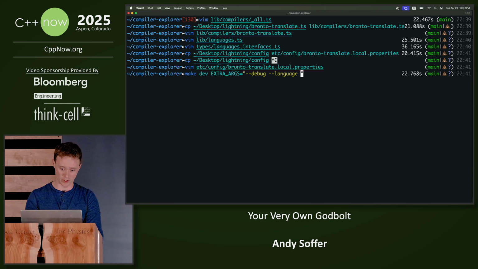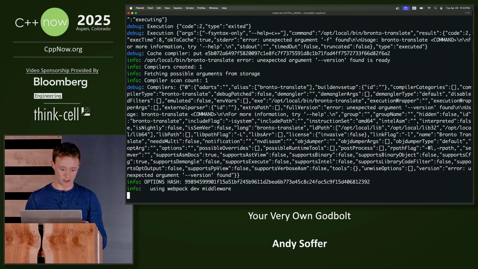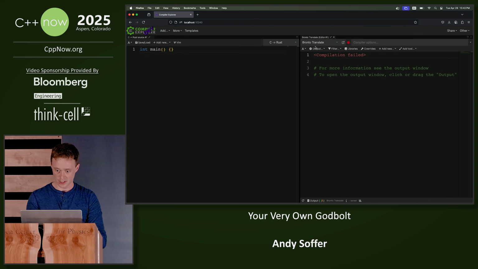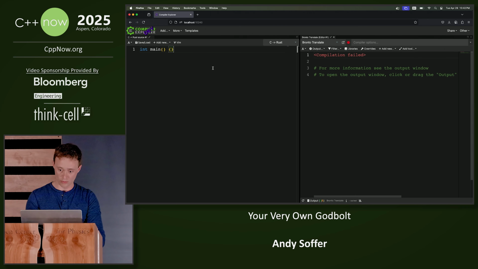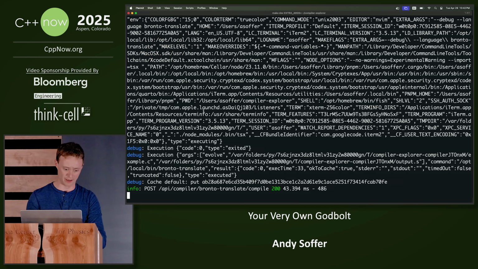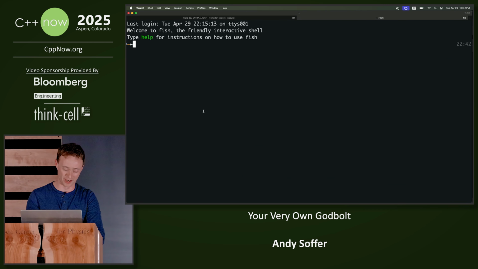Moment of truth. We're going to have the language not be CPP, but Bronto Translate. And it's running. So we go back here. I'll refresh. And now we have Bronto Translate here, right? So we can run main, and of course I need to tell it to actually run the thing. So one of the commands is called evolve, and hey, that's Rust. Wow. That's maybe not that interesting in main, but just to